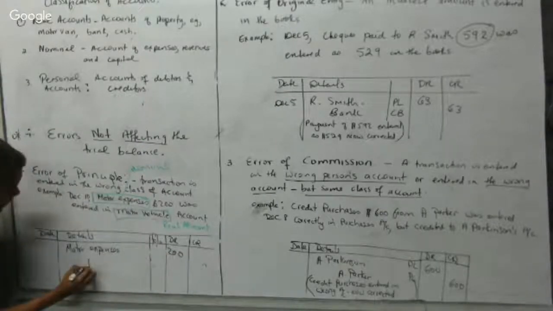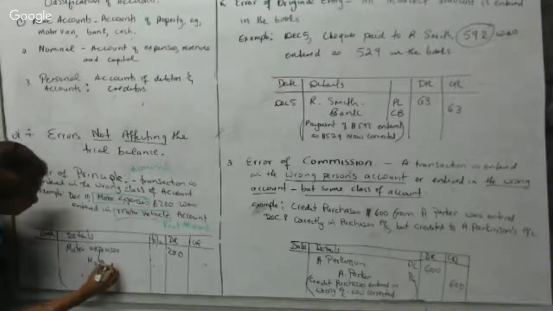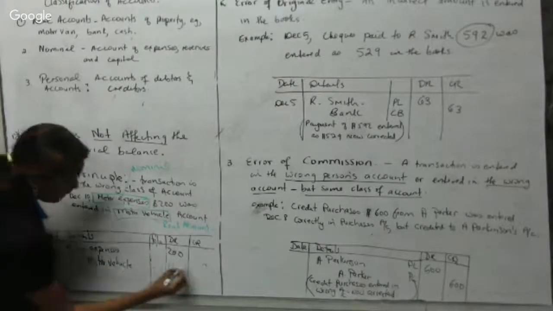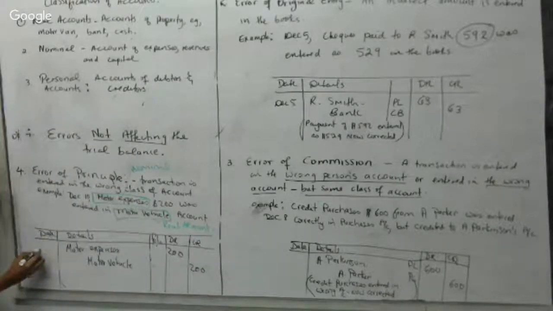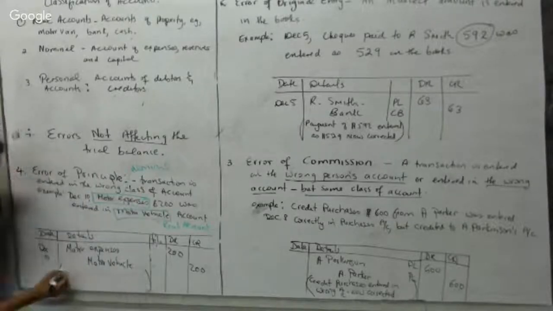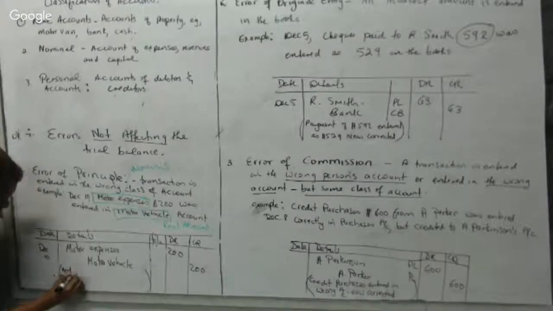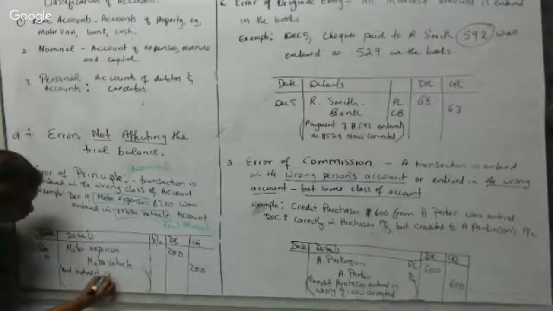Motor expenses debit and motor vehicle credited in order to cancel the entry that was made in that account. This is December the 10th. Amount entered in wrong account,